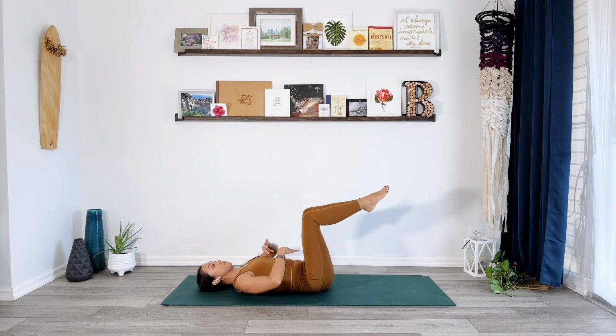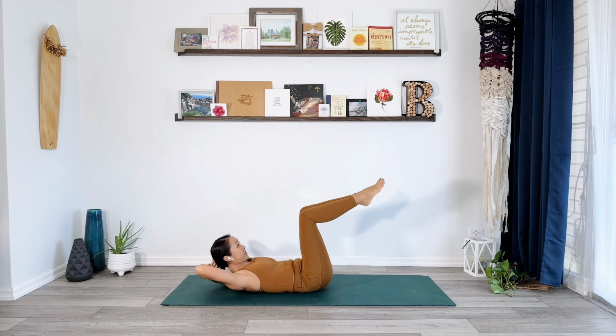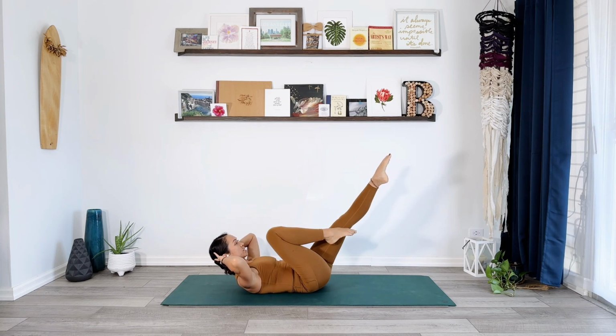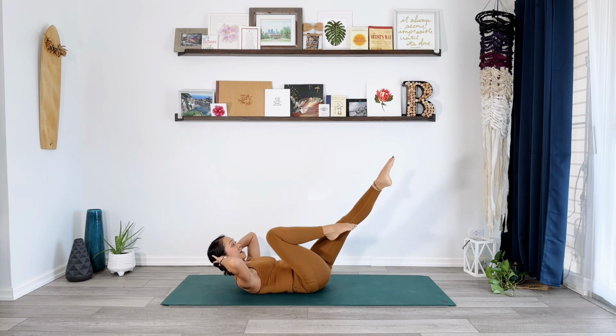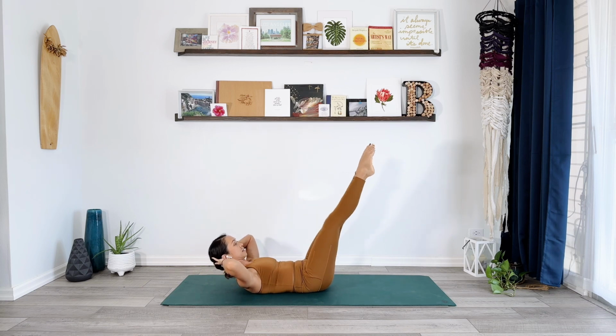Both legs in a tabletop. You want to use those upper abs to curl up really high. And then the hands are going to reach behind the head. Good. Both legs are going to reach out long. Super simple. You're going to bend one knee into the chest at a time. 3. So chest is lifted. 4, 5. You want to squeeze the legs together. 6. In between. 8,